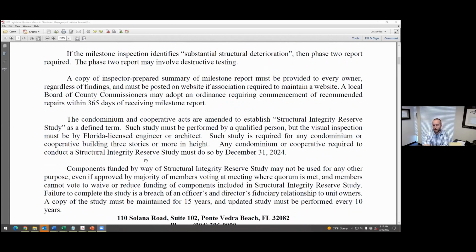The Condo and the Co-op Acts were further amended to establish what are called structural integrity reserve studies as a defined term. The study must be performed by a qualified person, but the visual inspection must be by a Florida licensed engineer or architect. So as we're going through this, and I've talked to a lot of engineers and consultants that are qualified, we're going to be needing a lot more people in Florida